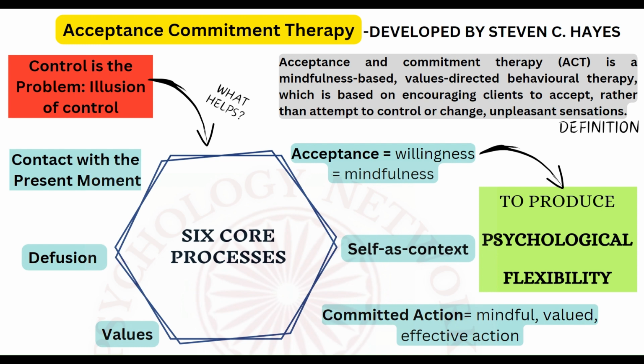Now, the basic definition, what ACT is saying is basically it's mindfulness based. From mindfulness based therapies, there are a lot of therapies coming out, like CBT based mindfulness. Now this acceptance commitment therapy is also mindfulness based. What the ACT sees as a problem, which usually clients and patients have, is that they want to control the environment. What acceptance commitment therapy states is that the client should be accepting rather than attempting to control or change the unpleasant sensations. They should just be in the moment and see what's going on around, and let the moment pass.